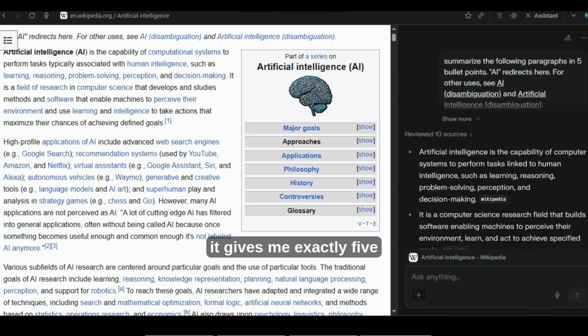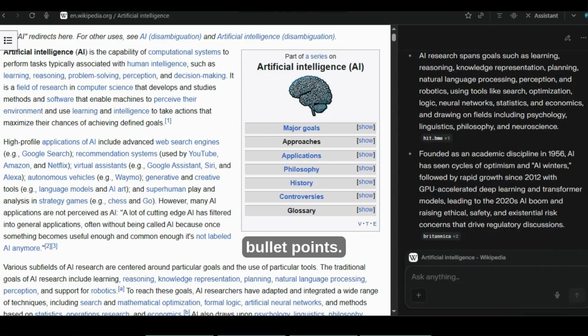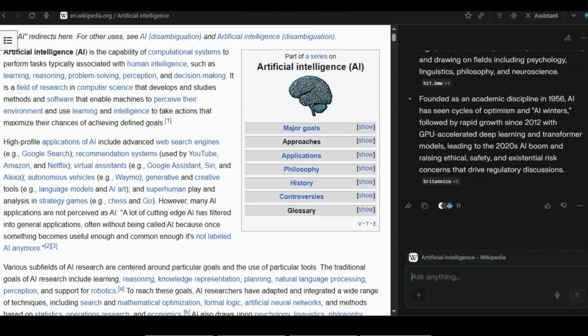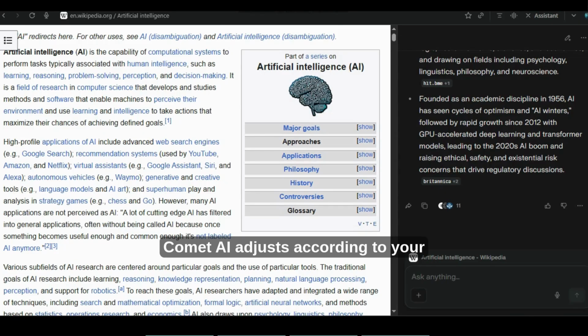And it gives me exactly 5 bullet points. In this way, Comet AI adjusts according to your instructions.